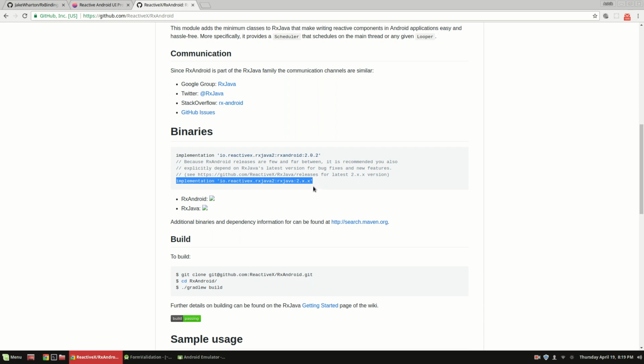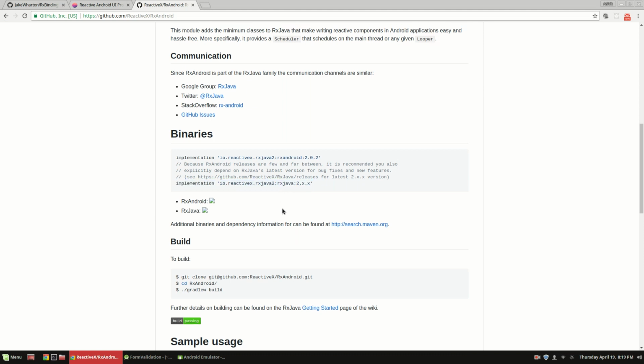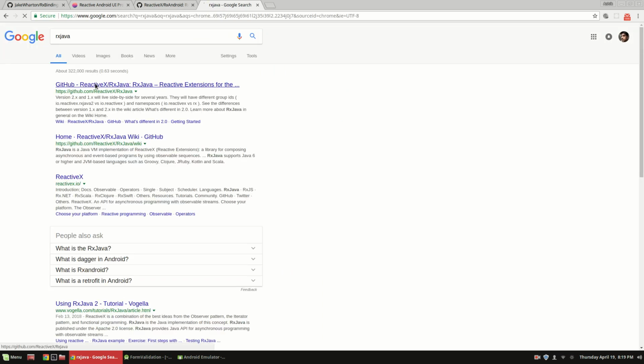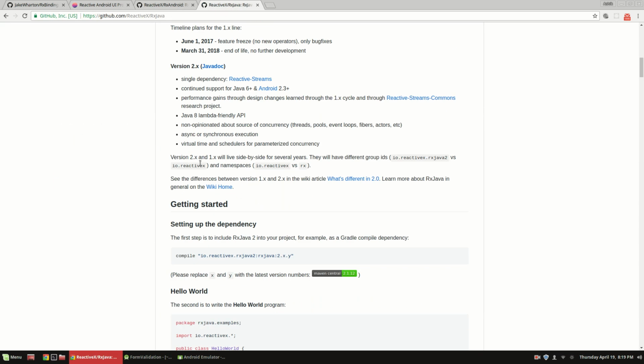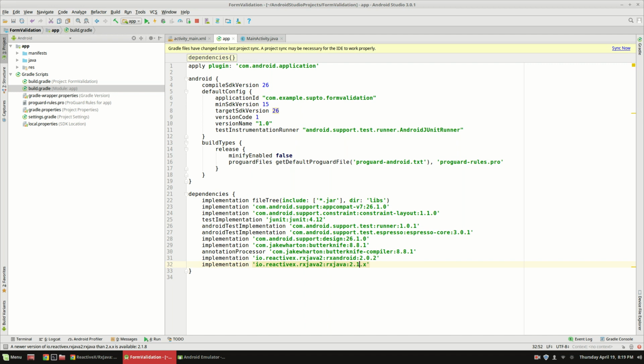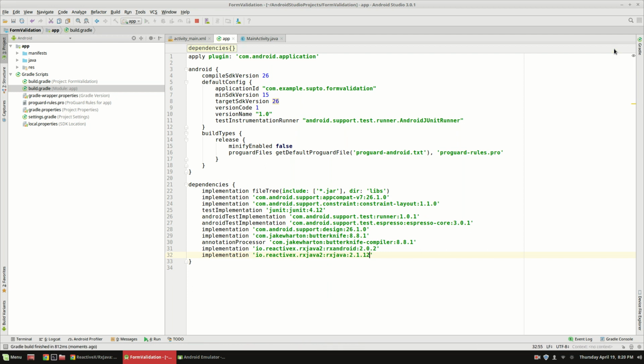And RxJava, what is the version of RxJava? Let's check the latest version from RxJava page, RxJava 2.1.12. So 2.1.12. So far we have added the RxAndroid library dependencies and RxJava libraries, and we will have access to that Observable and Disposable and Subscription like things,